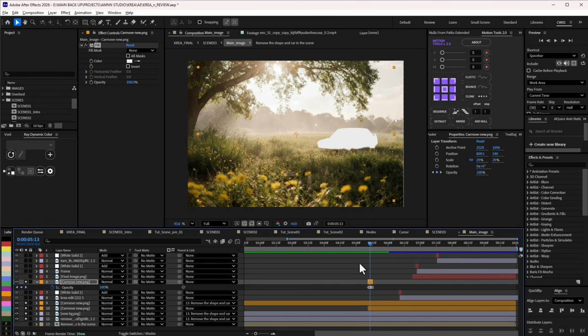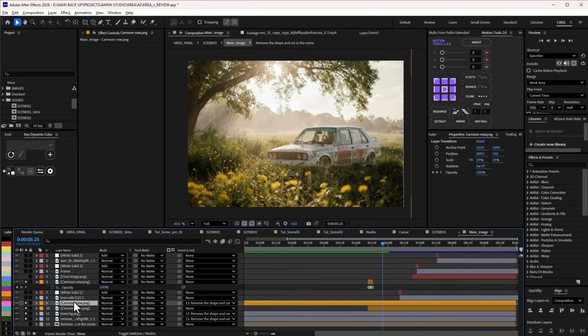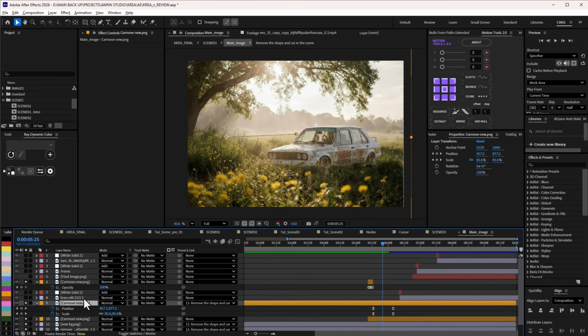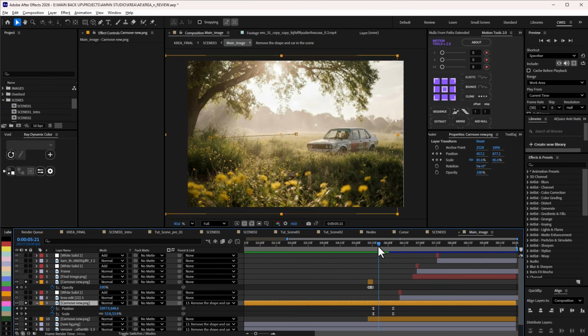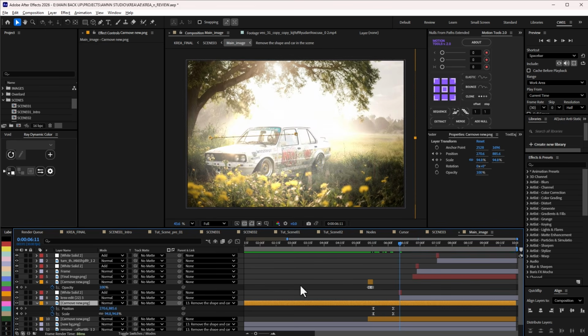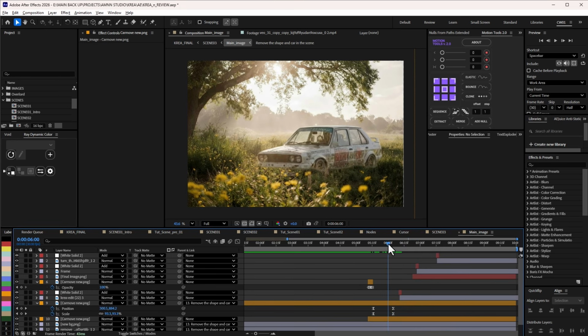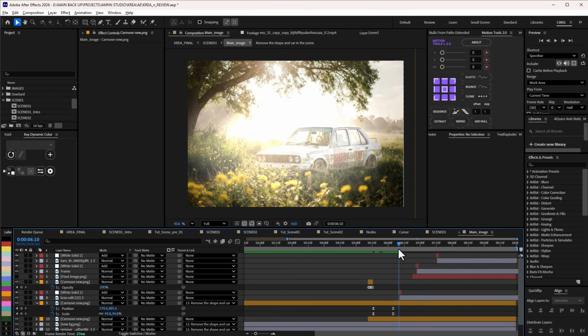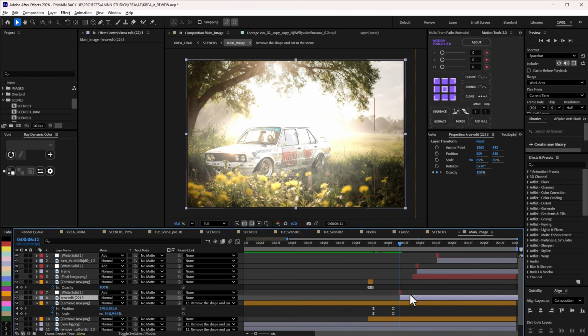So that's basically what I did here, and just to have that flicker, right, and then expand it to be big. So if I press U on this, you can see the position and the scale was animated for it to be big. And then for the rest of this, when I move this forward and then introduce the car,